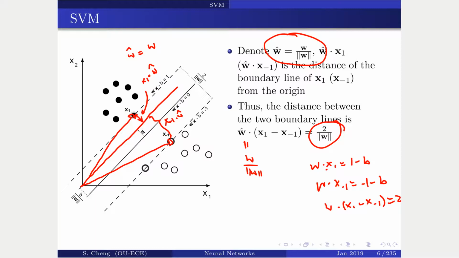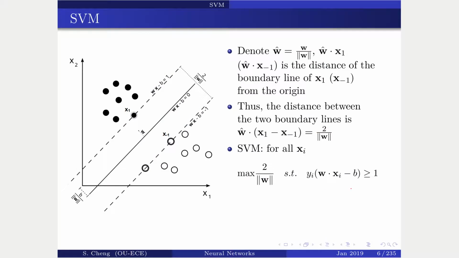If you understand that, then basically we are trying to maximize this, because this is exactly the margin. We want to make this 2 over the norm of w as big as possible, of course with the constraint of these two equations here. That's how we make sure that the support vectors satisfy these two equations. So the setup will be like this: we want to maximize this, and also we want to make sure that